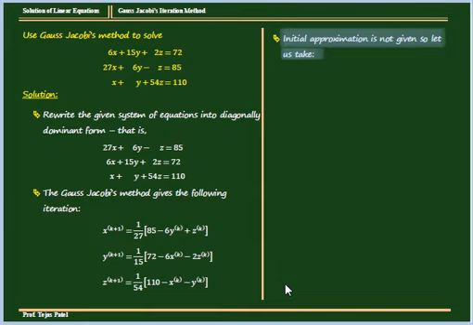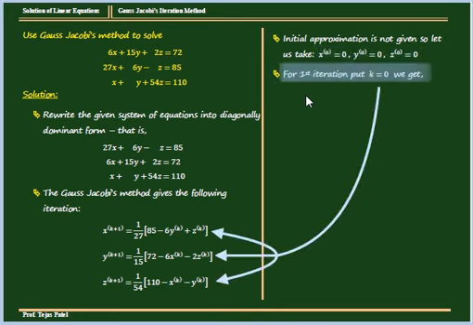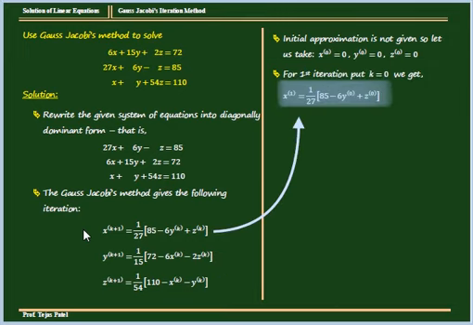Now initial approximation is not given, so let us take x0 is 0, y0 is 0 and z0 is 0. Now put k equal to 0 for first iteration. k equal to 0 हमको iteration formula में substitute करना है, and we will do that one by one. First of all, we substitute k equal to 0 in the first equation and we will get x1 is equal to 1 upon 27, 85 minus 6 y0